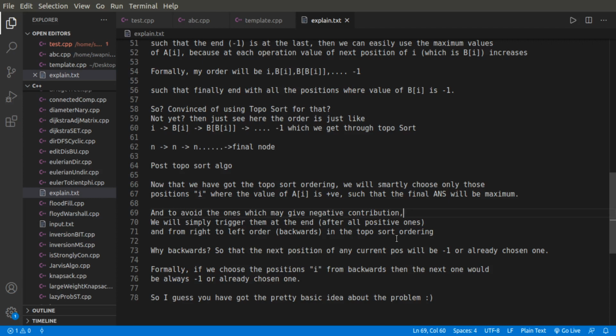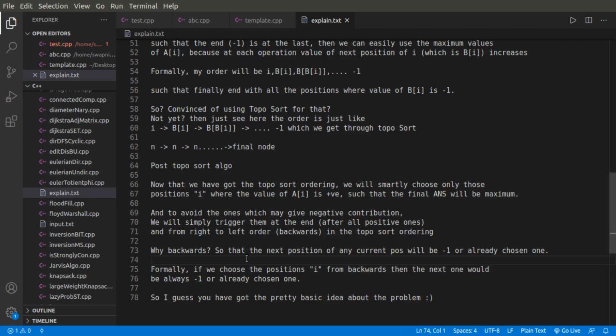Why so? Why backwards? Because the next position of any current position, if I am choosing in backwards, then if the last one is there, the next one to the last one will be -1, and for the second last one, the last one is already chosen. So it won't affect my answer, because these have a negative contribution.